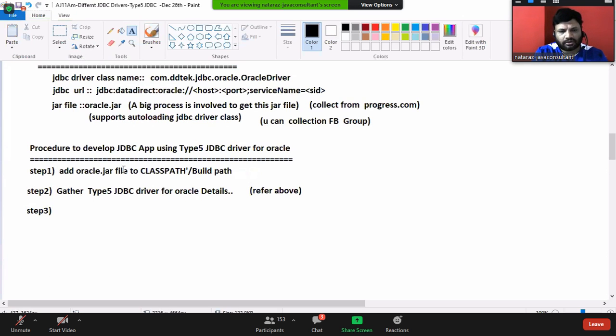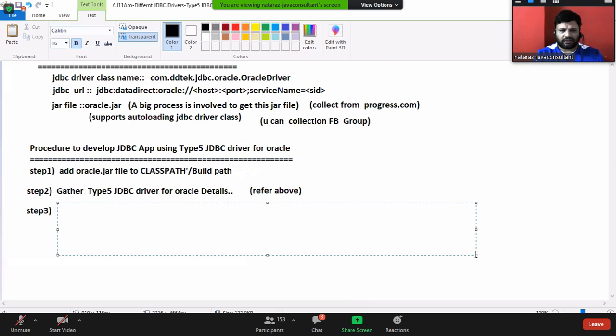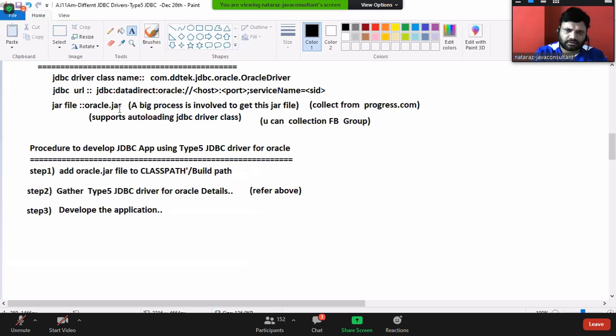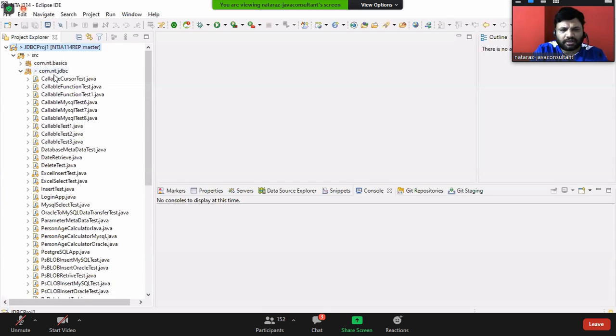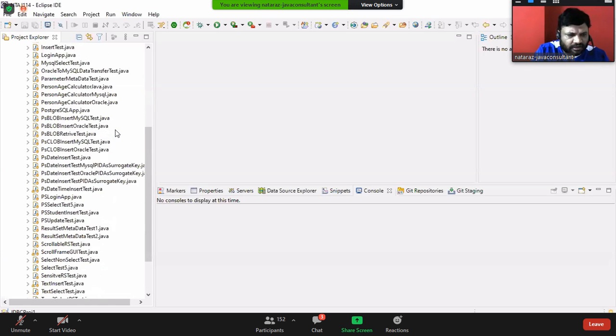Step number 3: develop the application. Simply think about developing the application using the Type 5 driver.